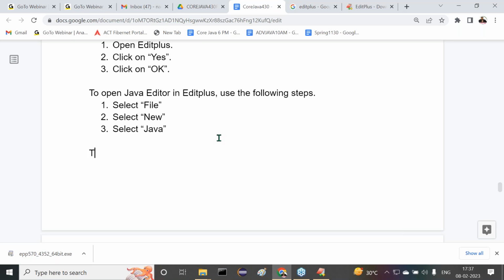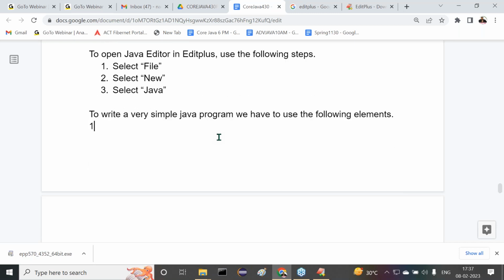Now the point is very, very important. All of you guys observe carefully. To write a very simple Java program, we have to use the following elements. What are the various elements we have to use? Observe carefully what elements we have to use. First one,